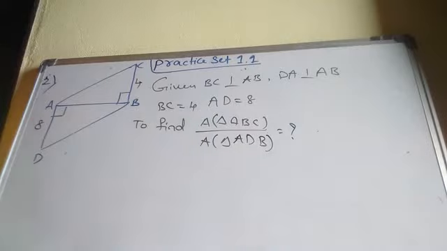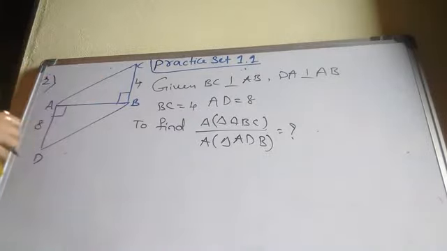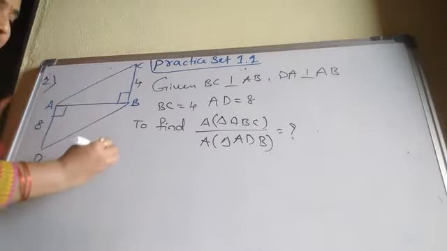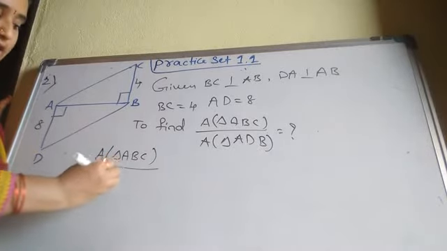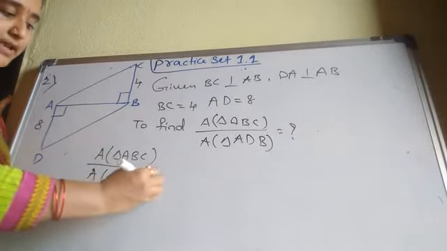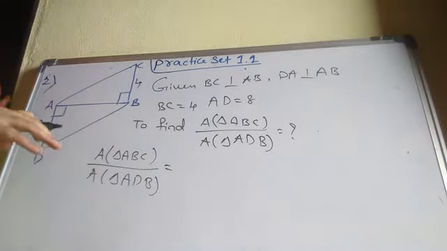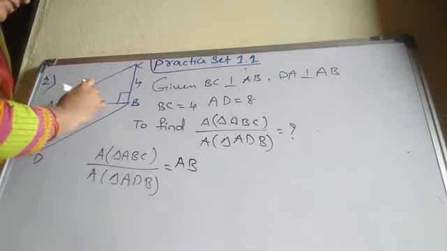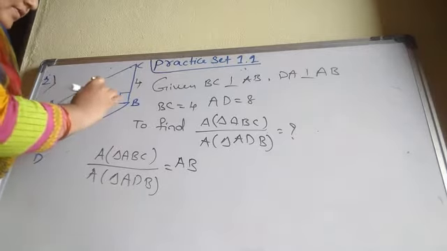Okay? Here first you identify that in both the triangles the base is common. Triangles with equal base, or with the same base. Directly we can write area of triangle ABC upon area of triangle ADB equal to, I am not writing half because half gets cancelled. Directly I am writing base into height. AB into, this is our base. In both the triangles the base is common.